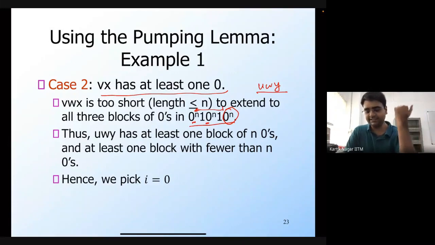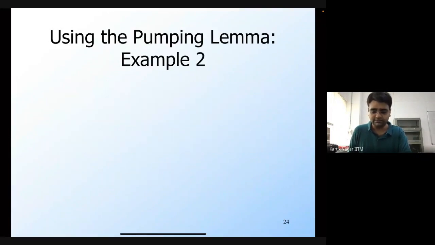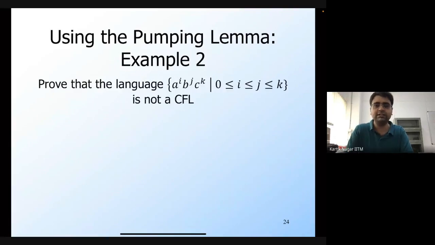So in general, this is the way in which you have to use this pumping lemma, right? It's slightly more difficult to use than the pumping lemma for regular languages, in that you will have to consider different cases, depending on the choice of the daemon. In fact, you may have to pick different i's as well. That's what this particular example illustrates.